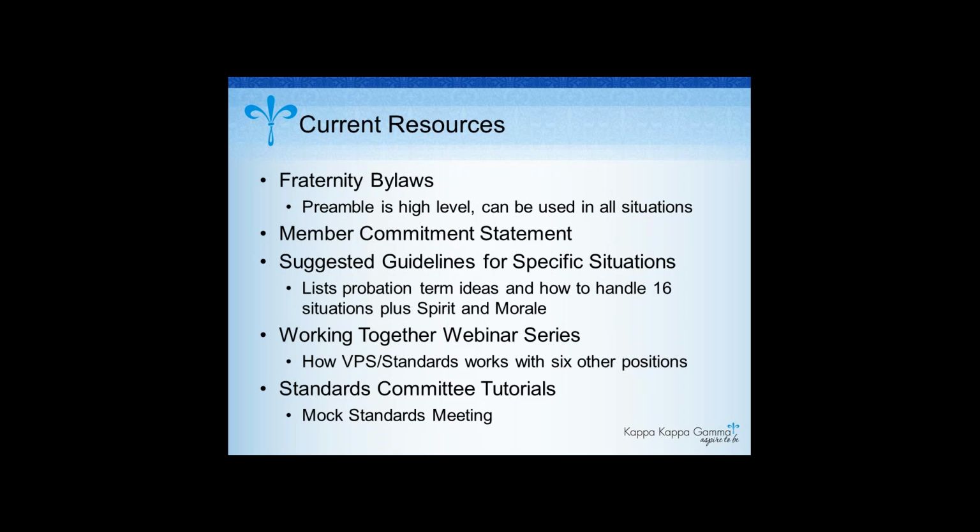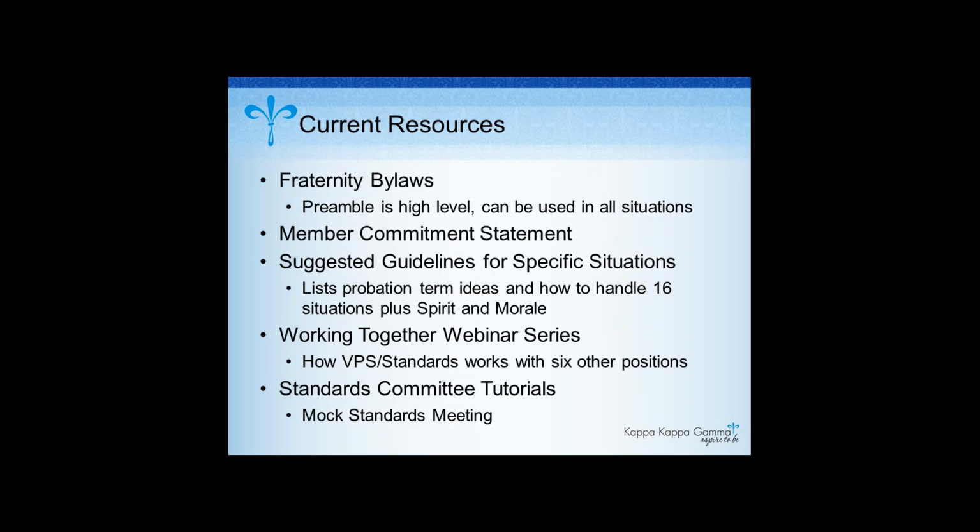It gives a mock standards meeting. A lot of the time, it's great to review with the new committee to see what a meeting should look like and how it should go. And it's also really good for the chapter to see this as well, so they have an idea of what to expect with